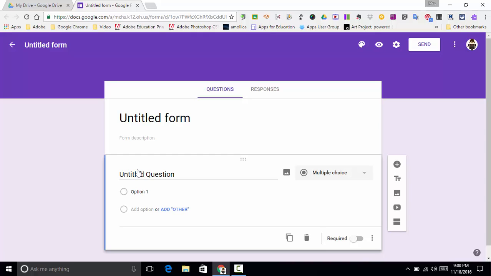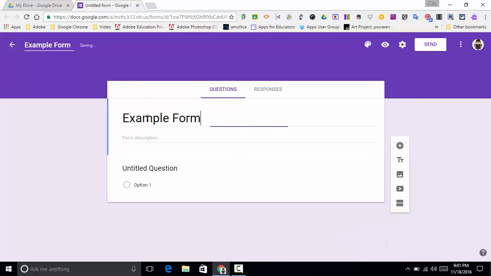So the first thing that we're going to do is go ahead and title the form. So when we click right here, we're going to call this example form. And then when you move away from that or hit enter or maybe click down here where it says untitled, that will also populate that title to the form. So you've got the file name changed, you've got the form name changed,